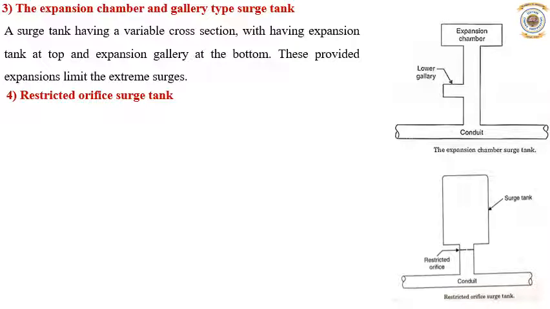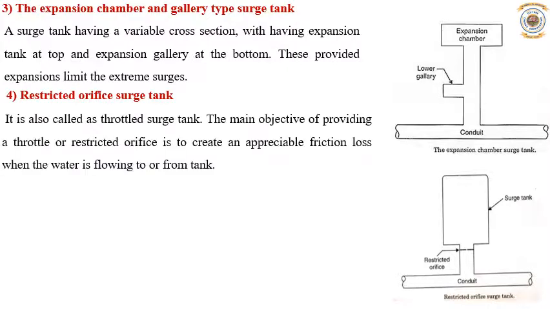Okay, when the load on the turbine is reduced, the surplus water passes through the throttle and a retarding head equal to the loss due to the throttle is built up in the conduit. Okay, the size of the throttle can be designed for any designed retarding head. The size of the throttle adopted is usually such that the initial retarding head is equal to the rise of water surface in the tank when the full load is rejected by the turbine.